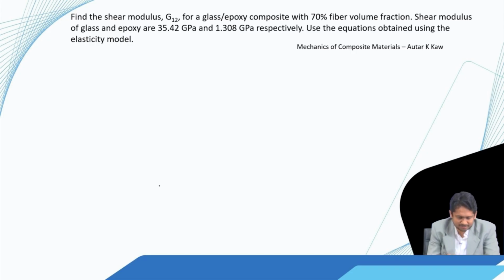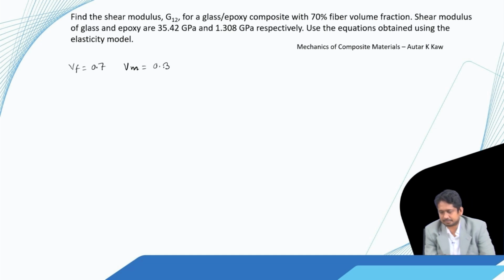So, for shear modulus, again the fiber volume fraction is same. So, fiber volume fraction is 0.7 and the matrix volume fraction is accordingly 0.3, and we will use what we learned from